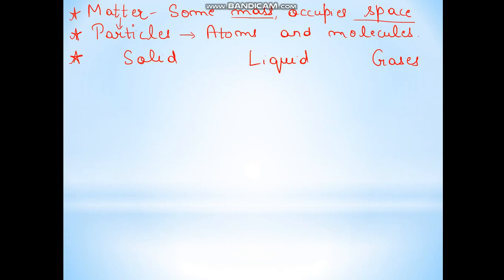Because these things will be required to understand the three modes of heat transfer. So if we talk about solids, children, then the particles in a solid are very tightly packed. Fine. So these circles which you can see are basically particles. I am denoting the particles as these small circles. So this is how particles are arranged in any solid object.